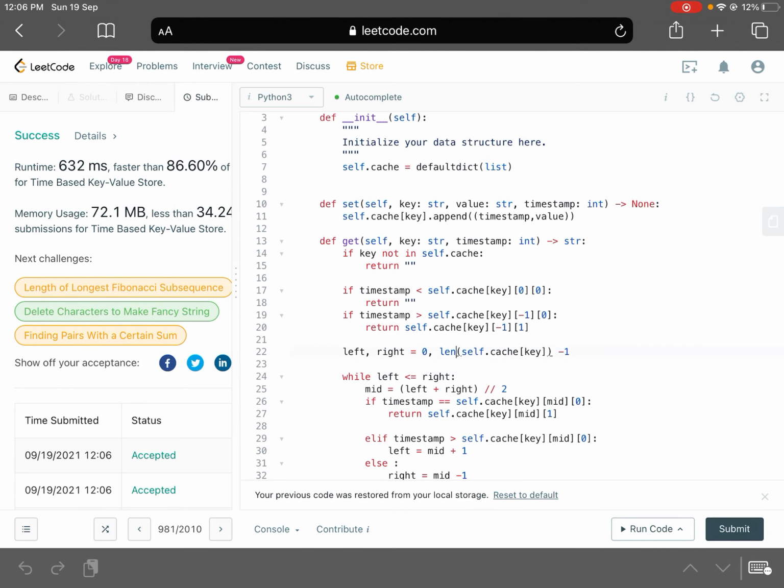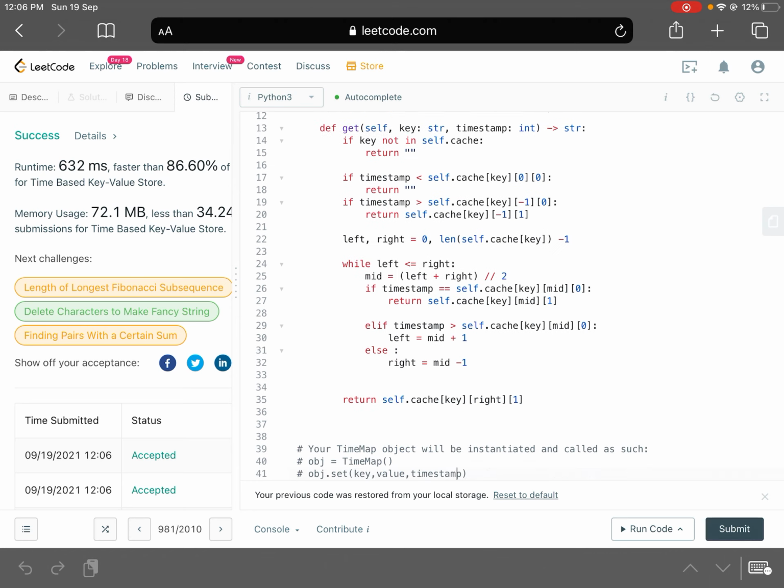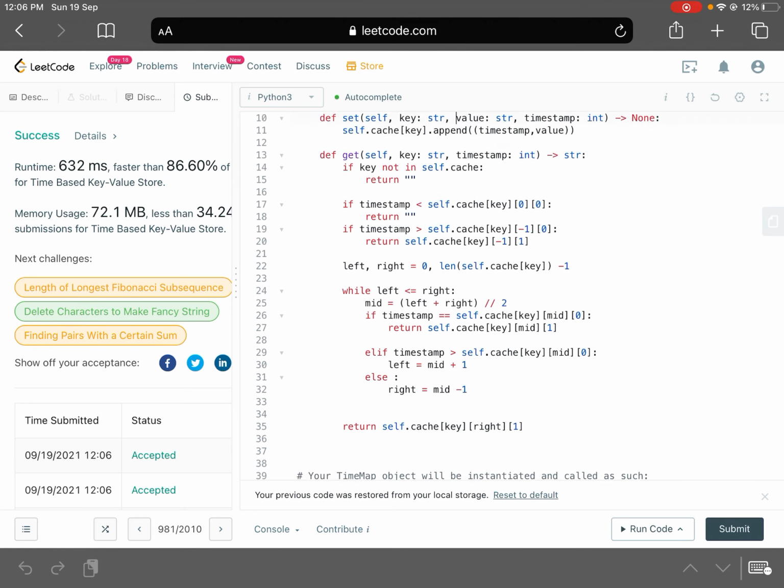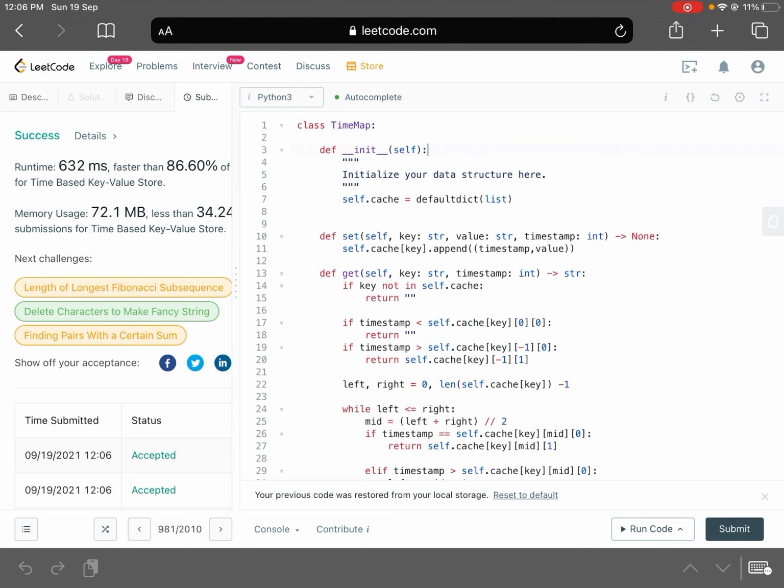So the mistake I made was I got the terminating conditions wrong. That's the problem. So yeah, that's pretty much the solution. I'll just explain what I did initially once more. There are just two things. One, the setter is basically updating the cache correctly. Then the getter is where we first look for boundary conditions.